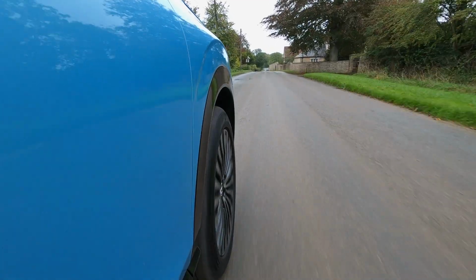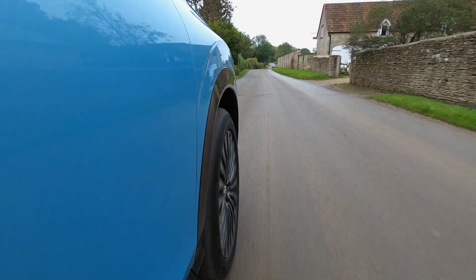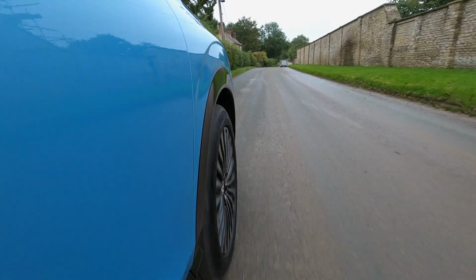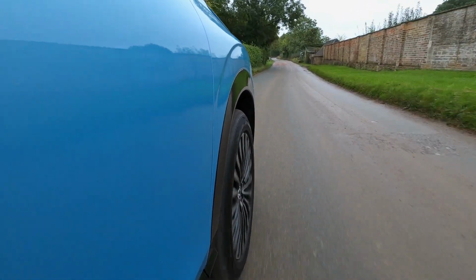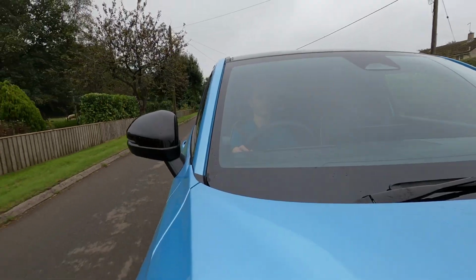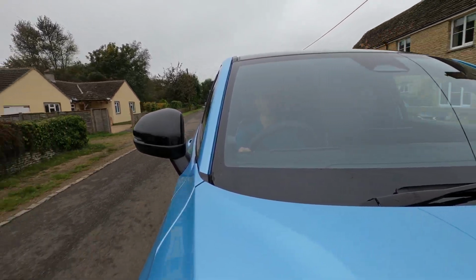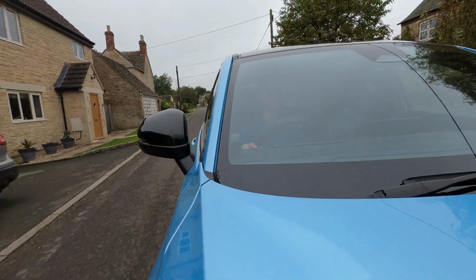Equally, its suspension system is a little bit of a letdown. The same sort of comments were said about one of its competitors, the Smart #1, and it isn't exactly as stiff as the likes of the MG ZS EV, but nor is it as comfortable as the likes of the VW ID4 or ID5, the Hyundai Ioniq 5 or Kona Electric, the Kia e-Niro or the Niro EV, or let